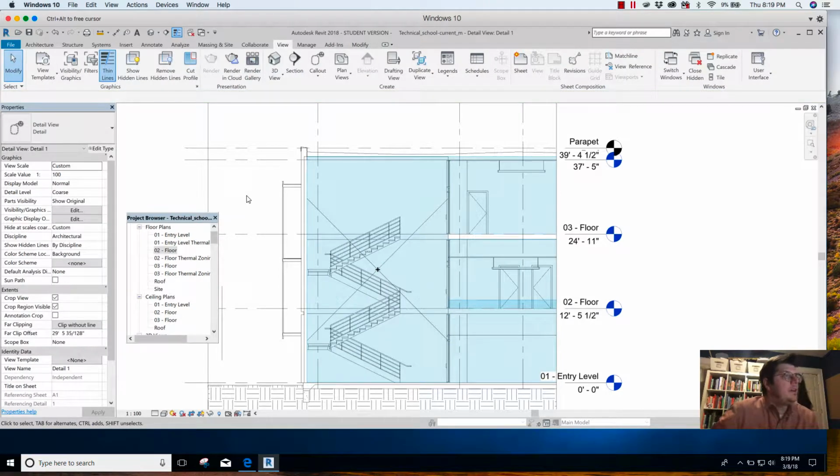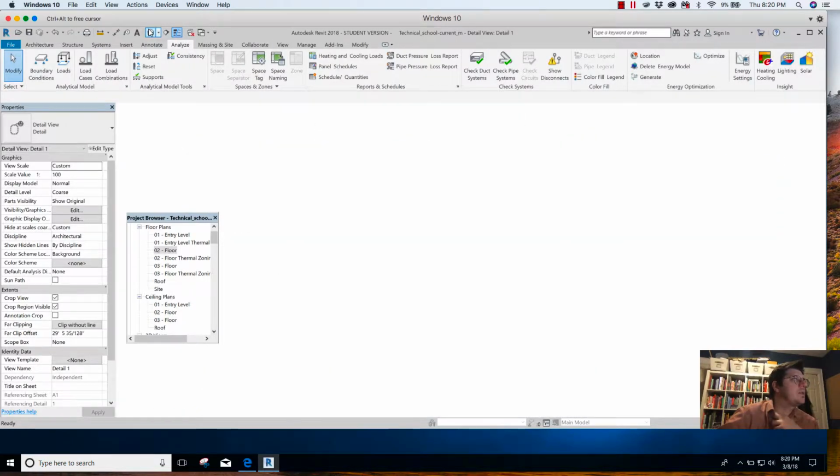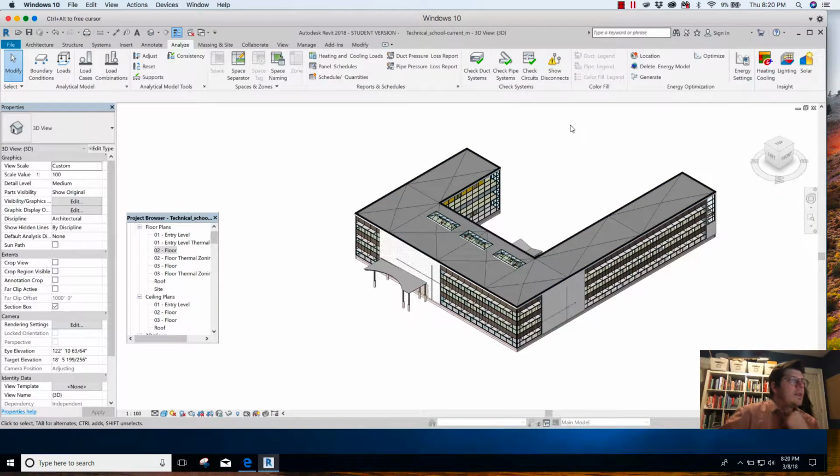Yeah, there we go. That's it. We have everything set up now for energy analysis, and I realize it's going to take some time because you've got to get all the material properties set up. You've got to get all the rooms going. But once that's done, I can go to a 3D view, and in the 3D view, I want just my building, no site information or anything, just the building. And I'm going to delete my